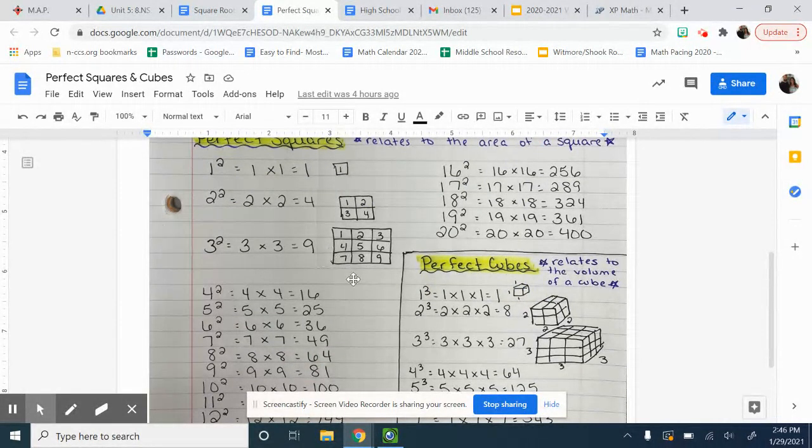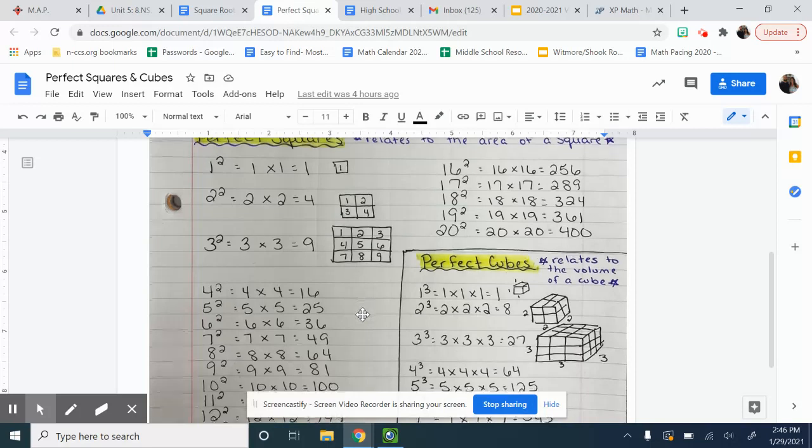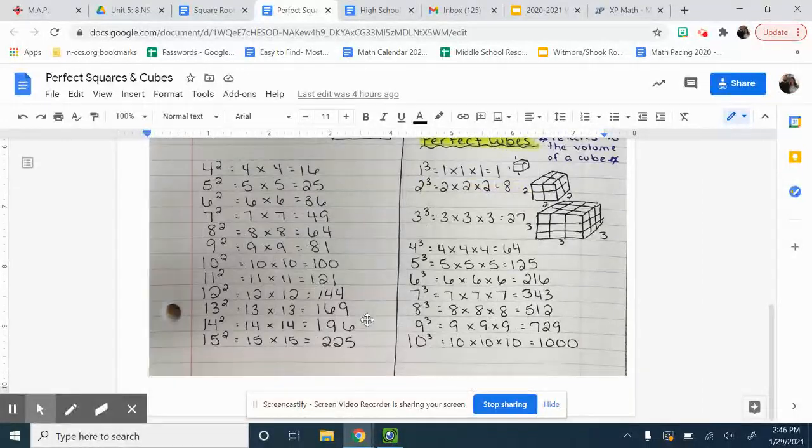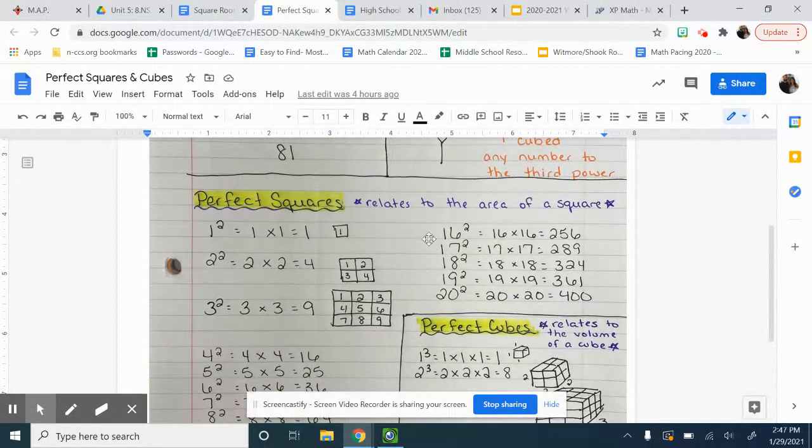So then we just keep working through. 4 squared is 16, 5 squared is 25, 6 squared is 36, 7 squared is 49, 8 squared is 64, 9 squared is 81, 10 squared is 100, 11 squared 121, 12 squared 144, 13 squared 169, 14 squared 196, 15 squared 225, and then you go back up to the top